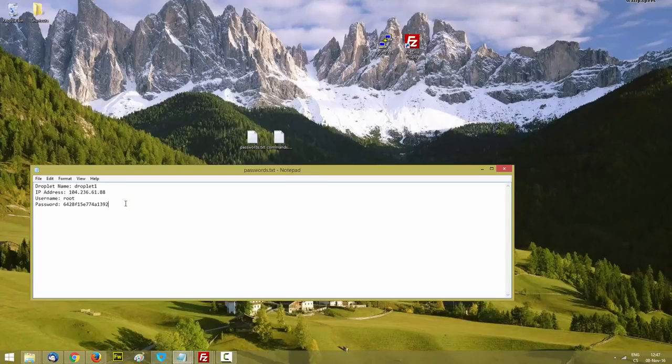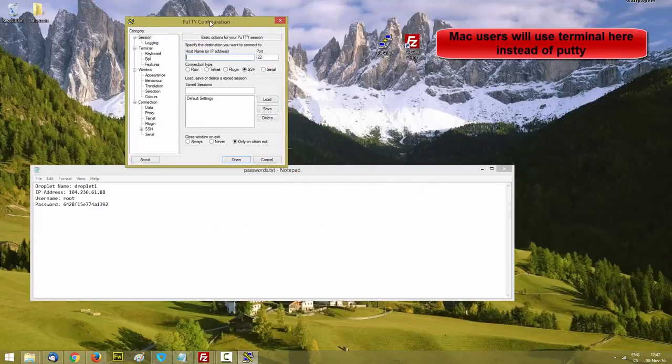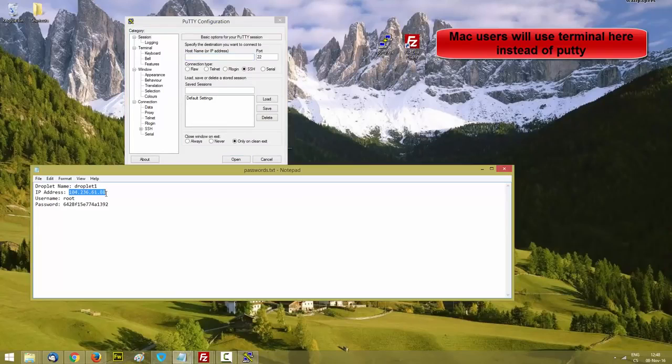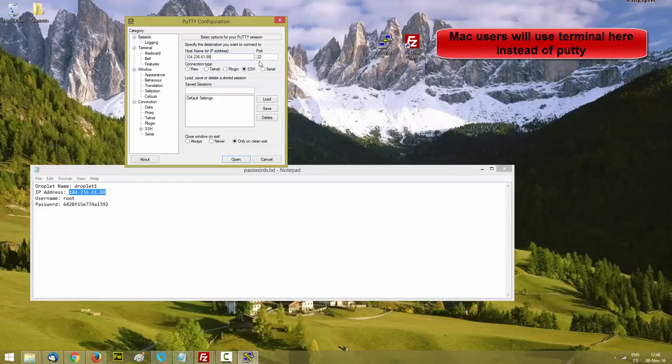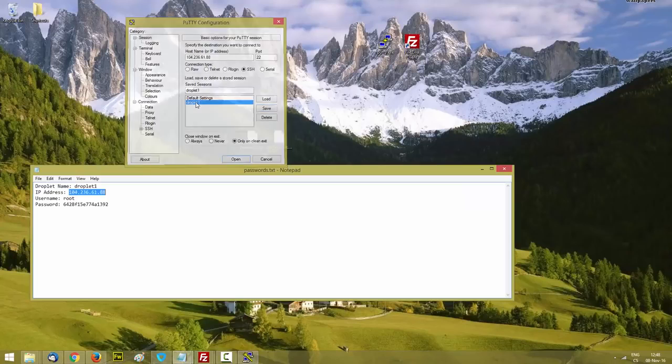Once you've saved your login information somewhere, then go ahead and open Putty, double click it, and it's going to ask you for your IP address. So just copy the IP address that you received, leave port at 22 and SSH, and in this field here type in whatever name you wish for your server. I'm going to use Droplet 1 as before. I'm going to hit save. Now double click Droplet 1